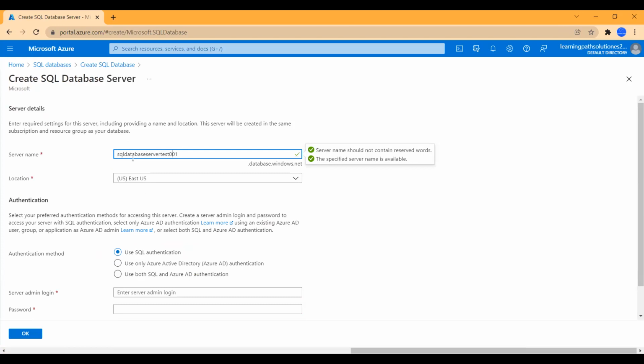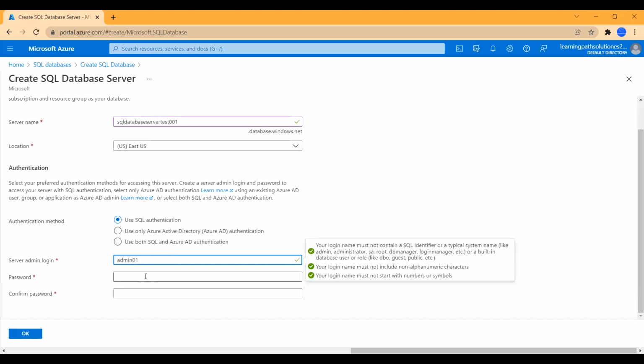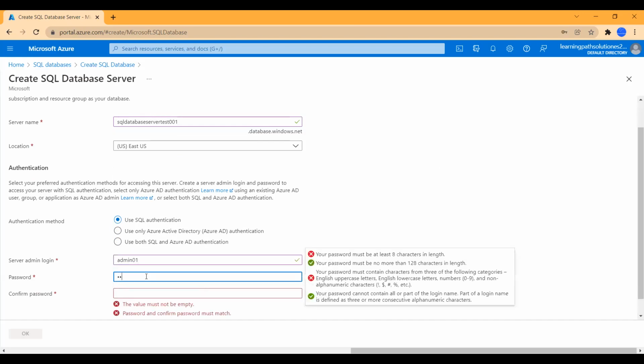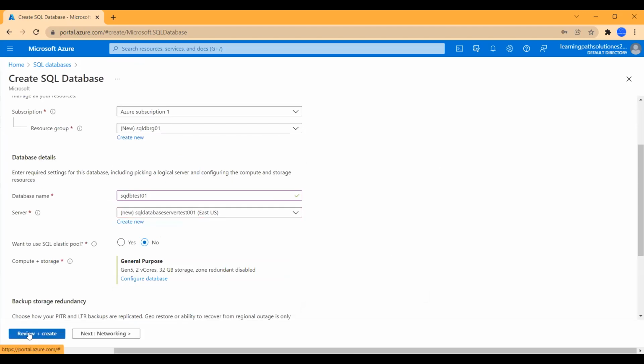So here I call this server SQL database server test 001, and the location is US, and for the authentication method, I'm just selecting use SQL authentication. Now we need to enter the admin. I will call this admin 01, and let me create some password to log into SQL database. Everything looks good. Now the server